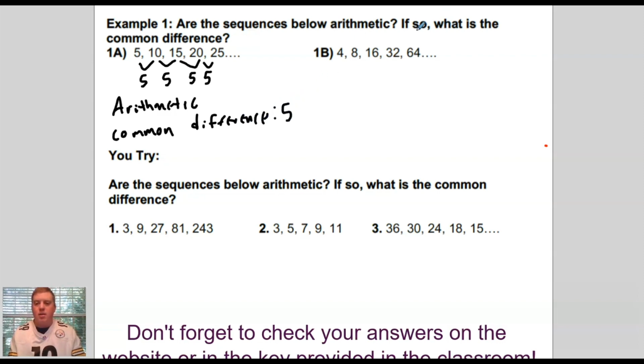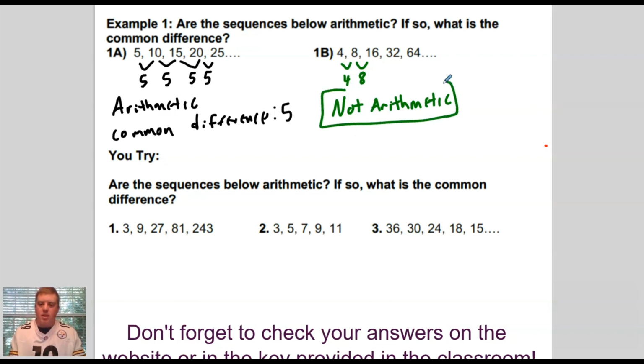Let's check problem 1b. We're going to do the same subtraction technique. 8 minus 4 gives me 4. 16 minus 8 gives me 8. I can already see that I'm getting two different numbers here. Since I got two different differences, it's not a common difference. We're going to have to say that this is not arithmetic, and it would not have a common difference anymore,